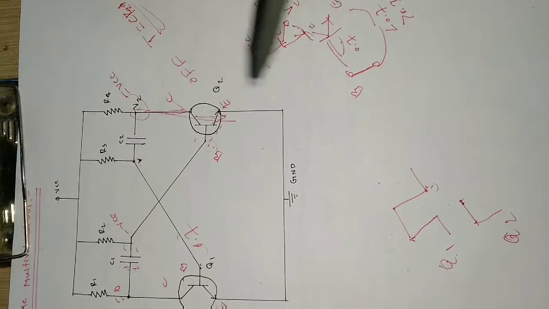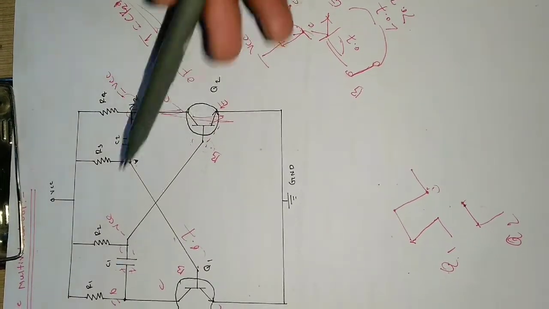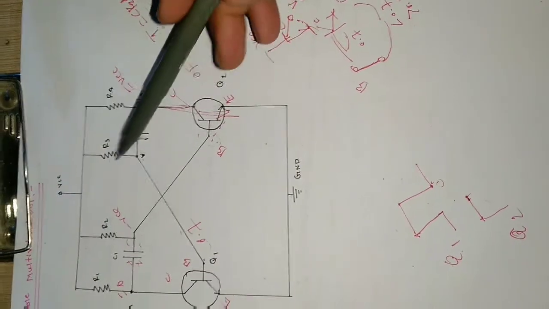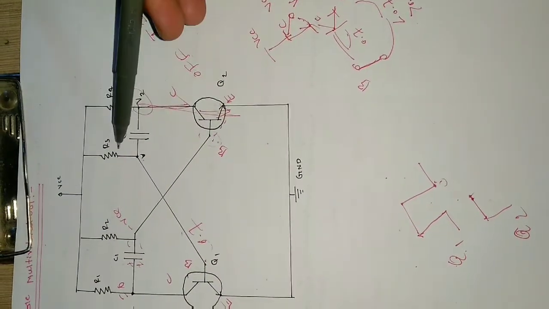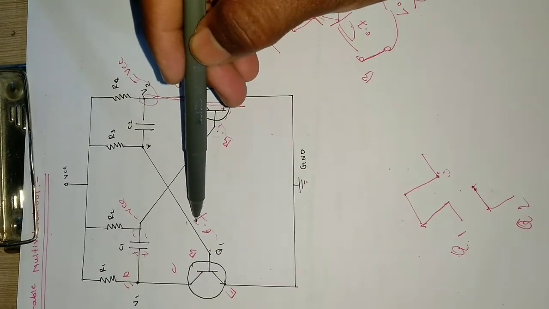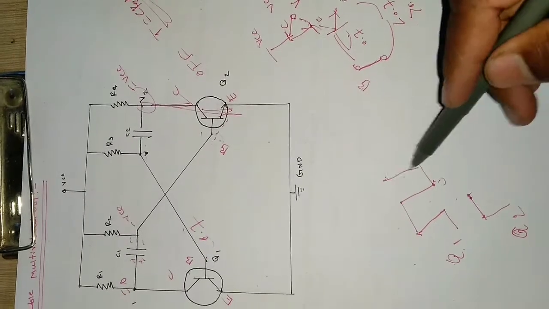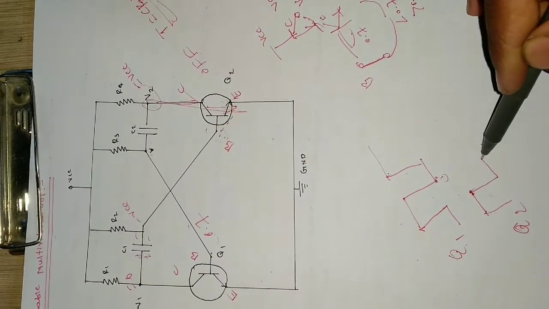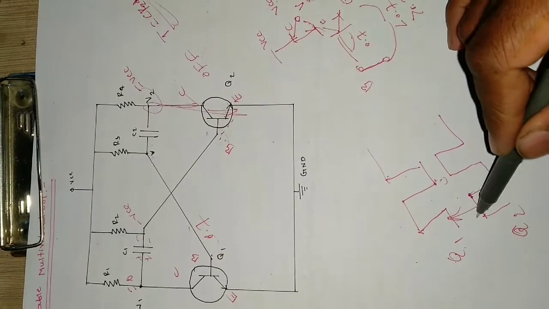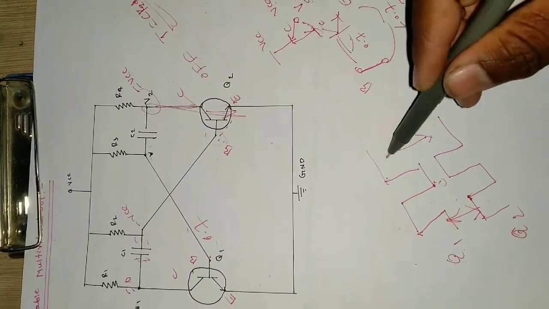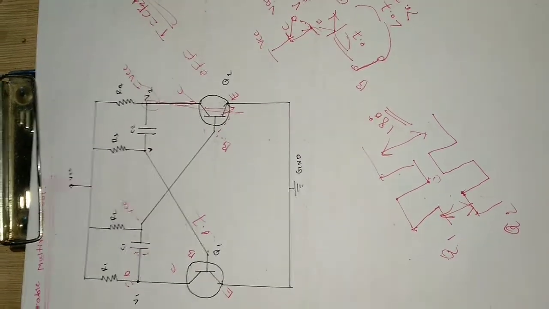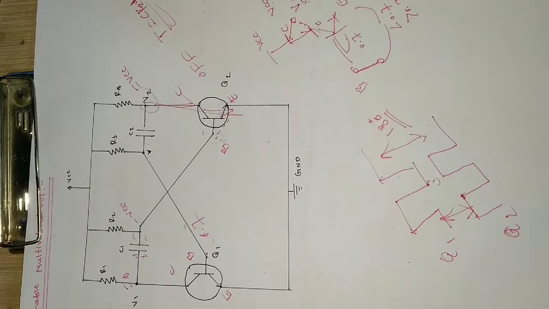And again, in the second case, it will go to the off state due to the discharging mechanism here. Then again, the capacitor will charge through the resistor R3, and the voltage across it will again be greater than 0.7 volt. At that time, this will charge again, and this will be opposite of this one. So there will be a 180-degree out of phase shift across these two. As you can see, there is a 180-degree phase shift over here. So like this, the astable multivibrator works.